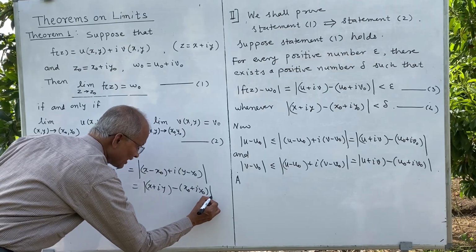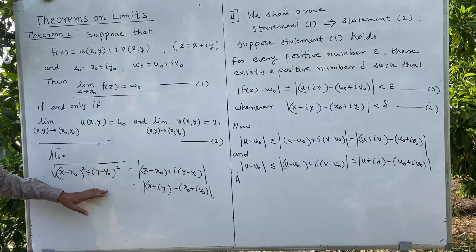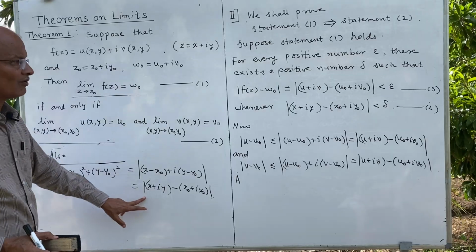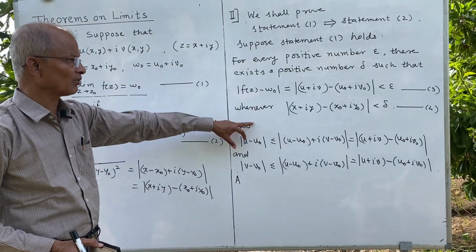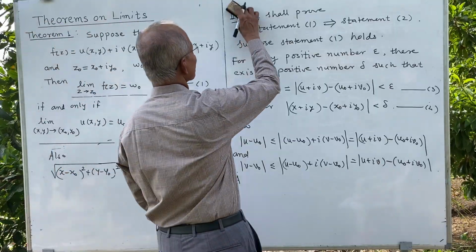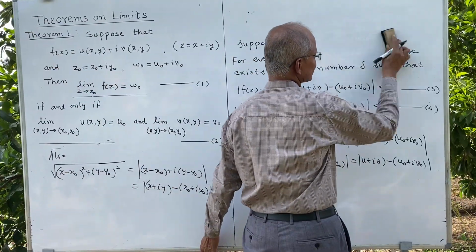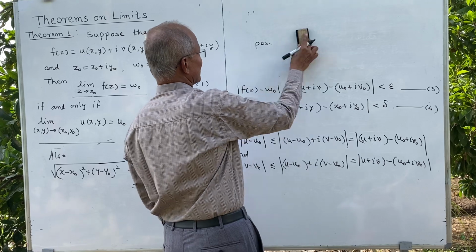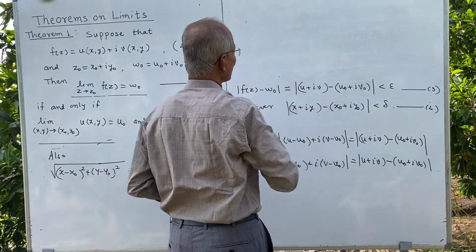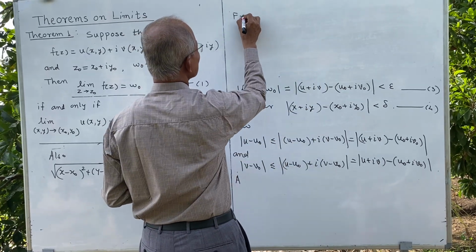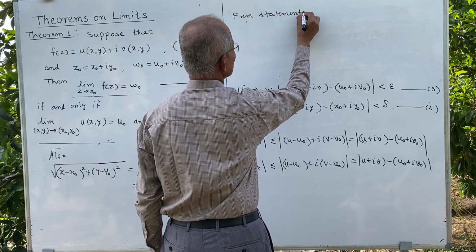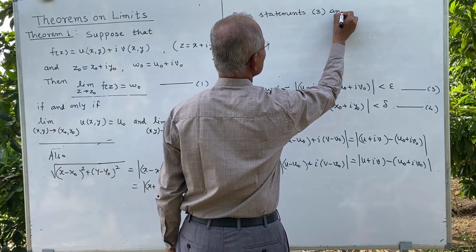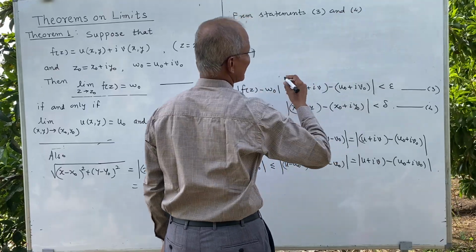You see this one. But what is this? This is what we have written here. So, combining this using 3 and 4, what will we get? From statements 3 and 4, we get,